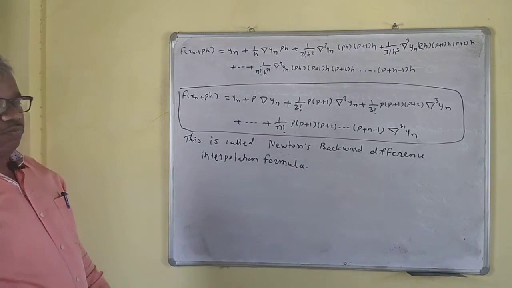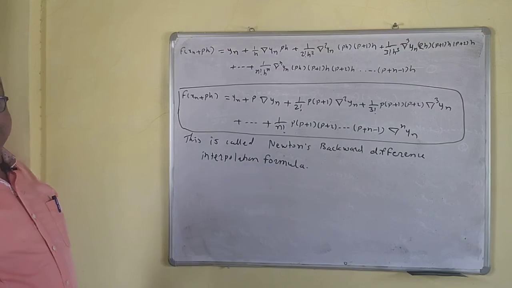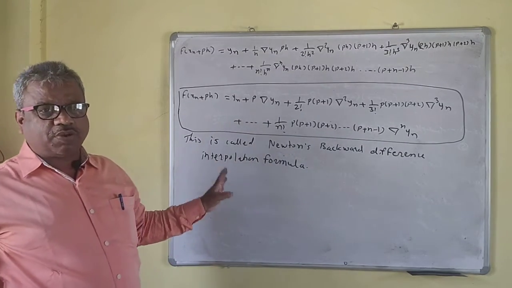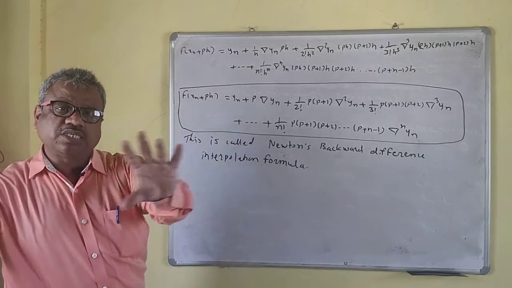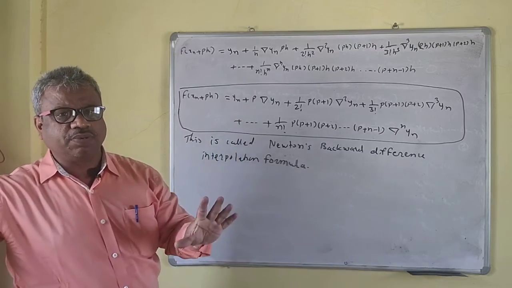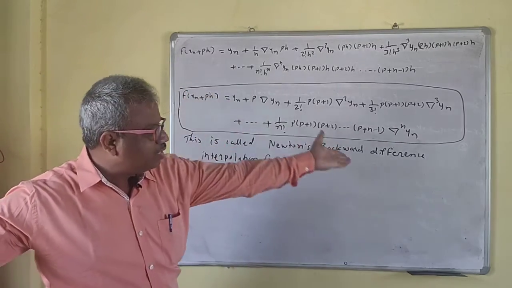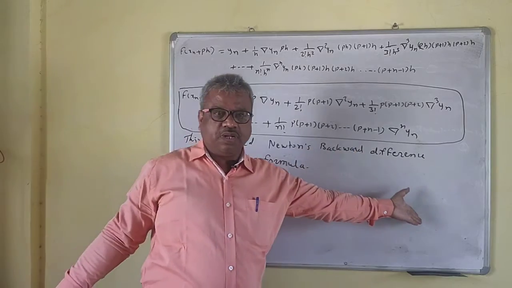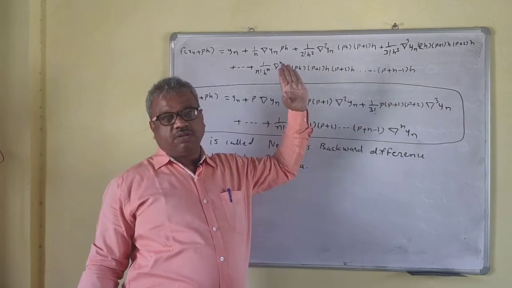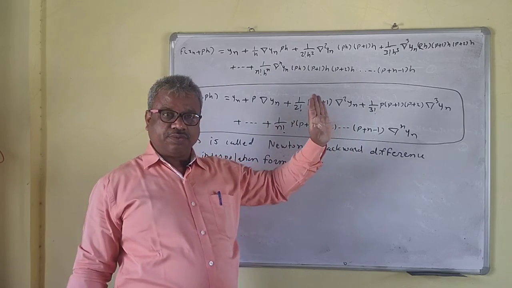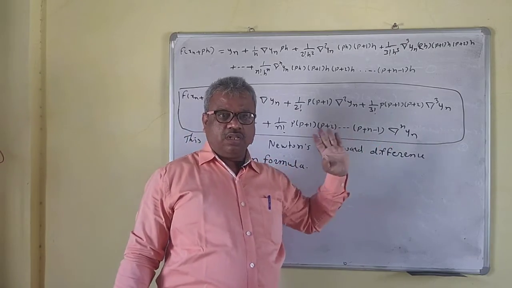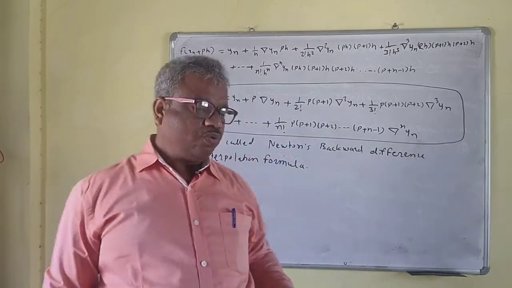Newton interpolation formula. On the same table, you can apply the backward difference interpolation formula and the forward difference formula. You have to make the same table here. So the difference table is the same for forward difference or backward difference. For forward differences, you have to take the upper values of the table, and for the backward difference, you have to take the lower values of the table. So the last values of the table, you have to take this one.